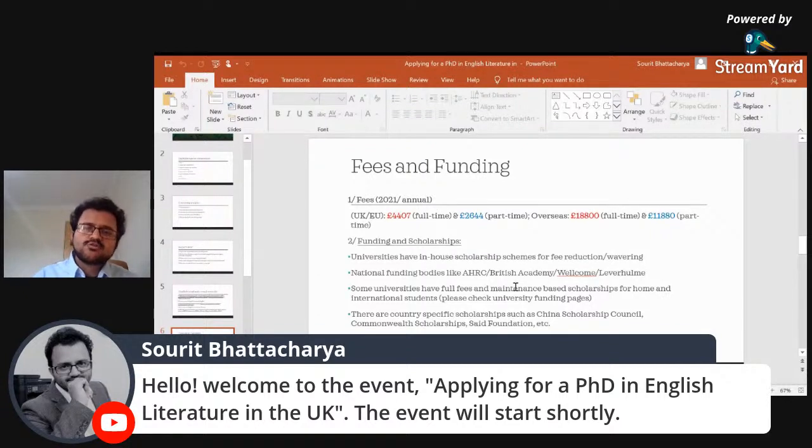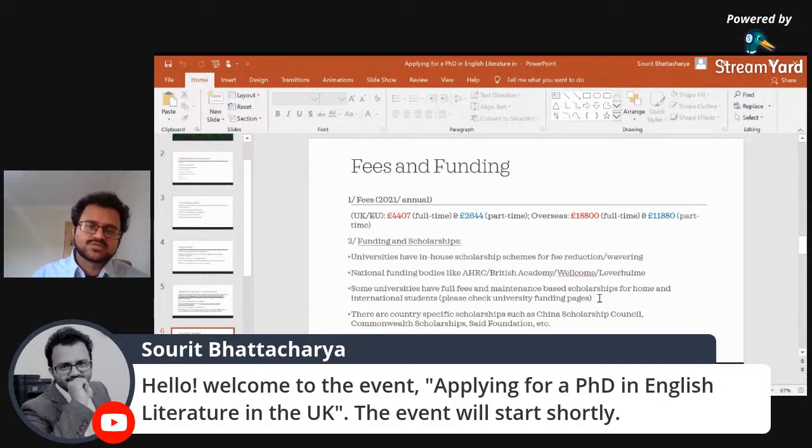Some universities have full fees and maintenance scholarships for home and international students. Now, these are very few. As you can understand, humanities have had global funding cuts everywhere, and opportunities for humanities or literature-based studies that offer full fees and maintenance scholarships are getting rare, few and far between. So please make sure you understand which universities are offering full fees